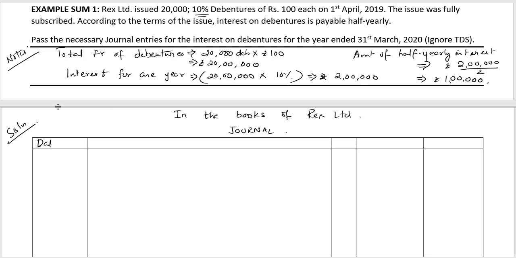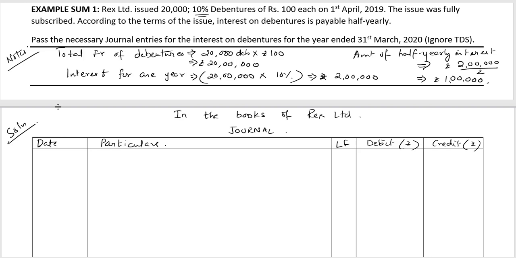We have the date, particulars, LF, debit rupees and credit rupees. The debenture has been issued on 1st April 2019. We need not write the issue entry because the question asks us only for the journal entries for the interest